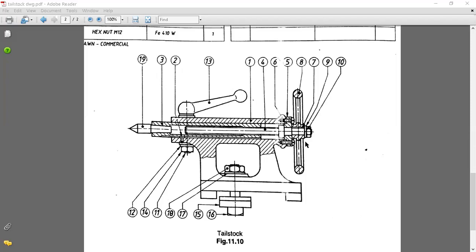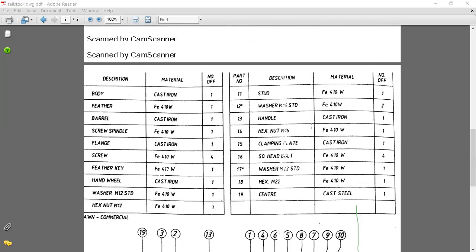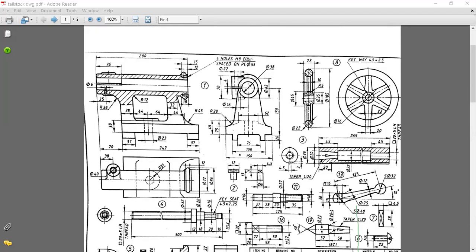So you identify which is the front view and top view. For that you have to be familiar with the assembled view. This is the assembled view of the tailstock. In this, you have to observe which component is shown in which view. By observing this assembled view you can identify that this is the front view of the hand wheel. Again in the parts diagram also the same view is given, so you have to identify it as a front view.